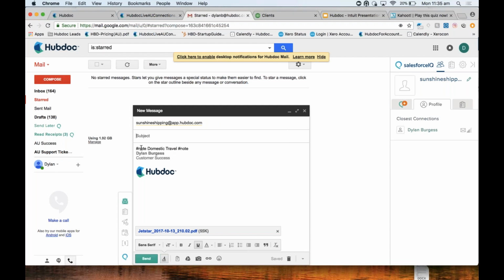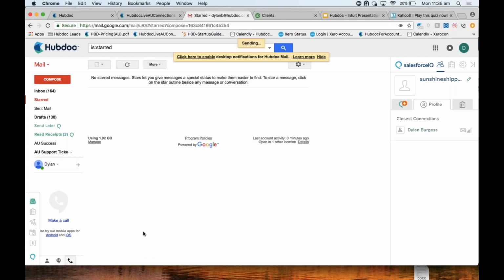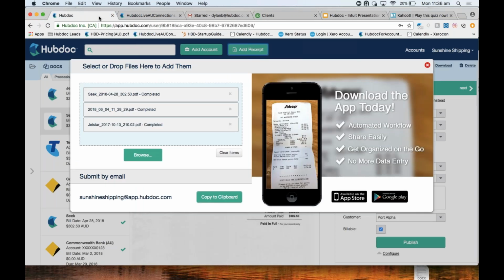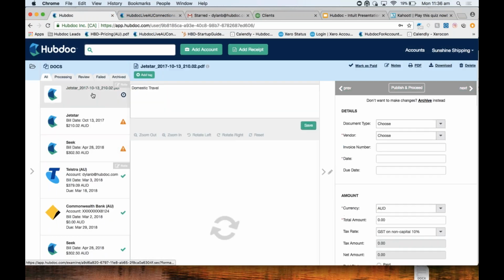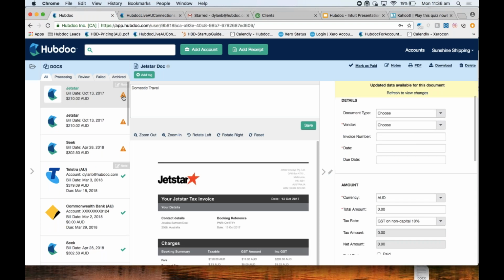And what I've done is I've added a note to this email. So I've done hashtag note, domestic travel, hashtag note. And what that will do is when I send that in, all documents that come into Hubdoc come in straight away. Just like when you saw that document drag and dropped from the computer, comes in straight away. There's that blue clock I was mentioning, and there's that instant extraction from that machine learning data extraction I was mentioning too. So if I refresh and view those changes, you can see there that what's going to happen is